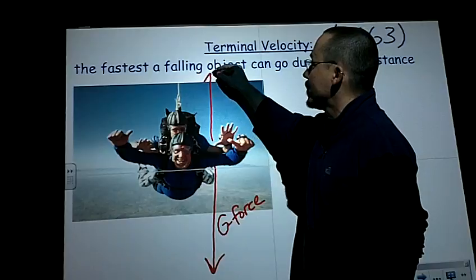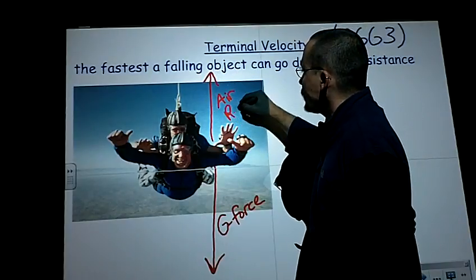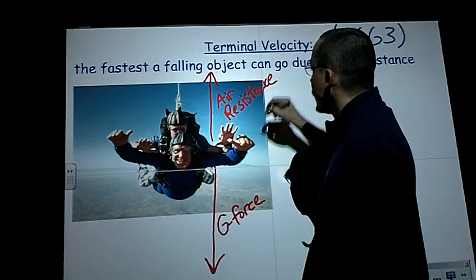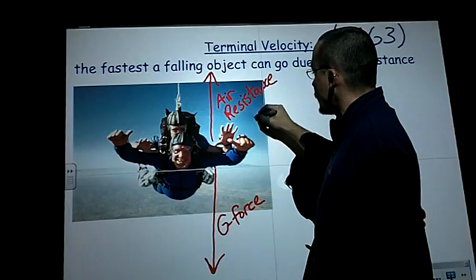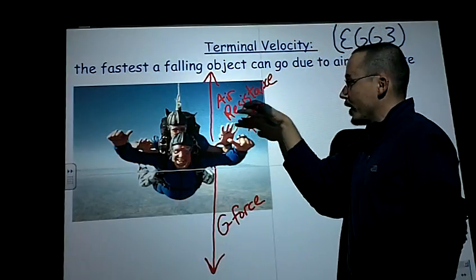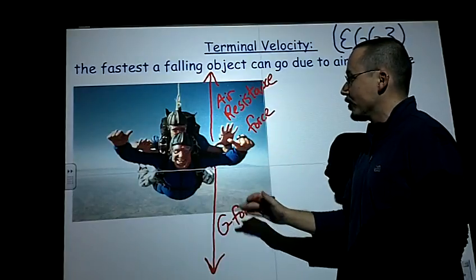So what happens is you wind up with a force of air resistance, and I'll call it air resistance force. That works out well. And you get to a magic spot where the air resistance force and the gravitational force